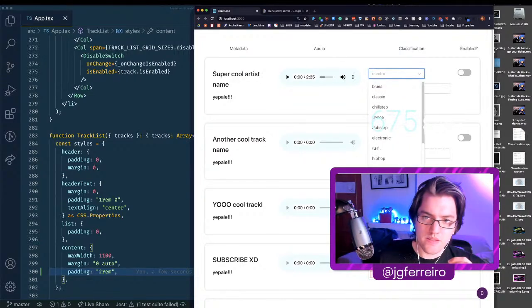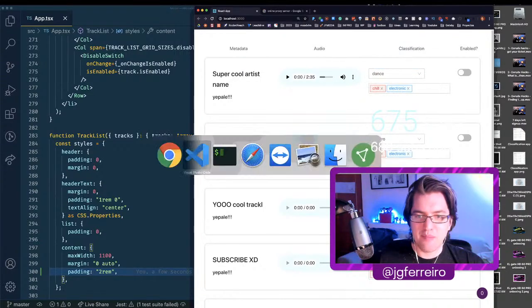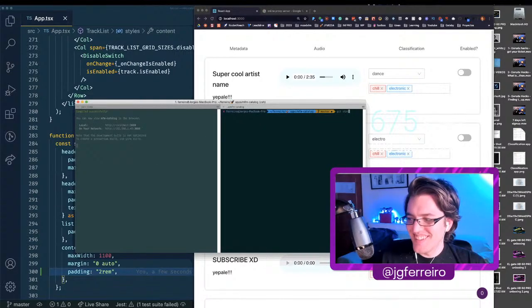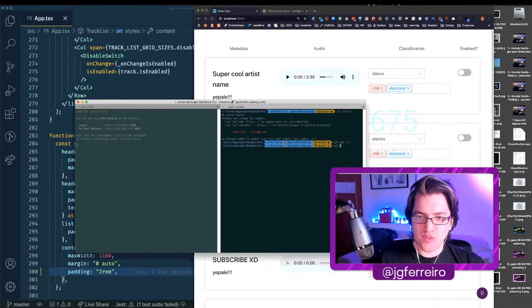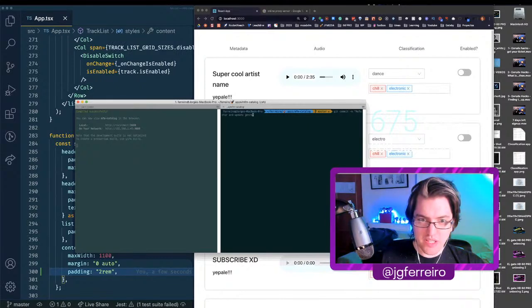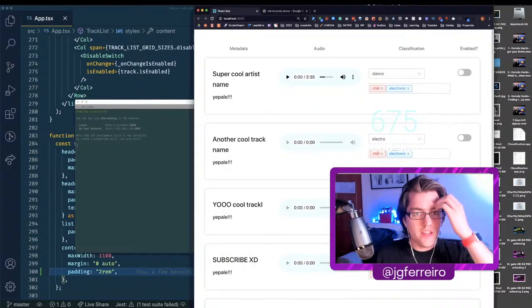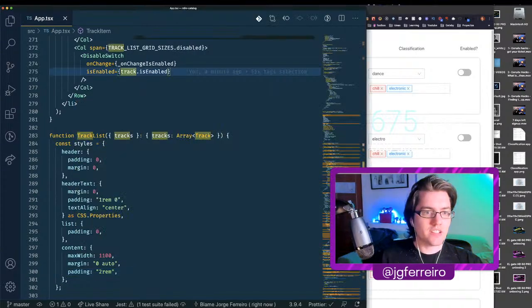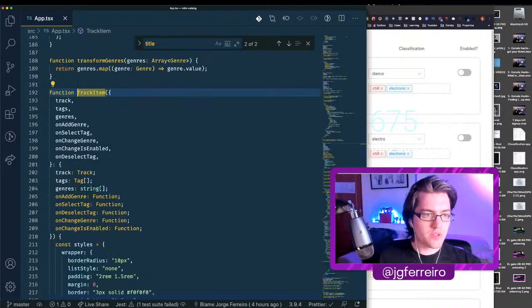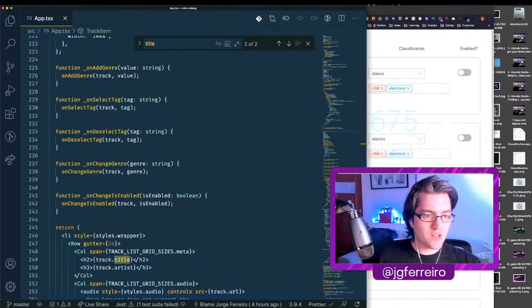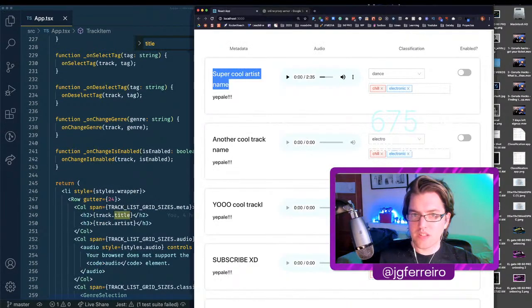And then I guess, well, okay, let's finish this up. So this is gonna be refactor and updates, update genre plus tag selection. And then what I want to do is the title of the artist. So if we go to track item and we click on the artist, there should be